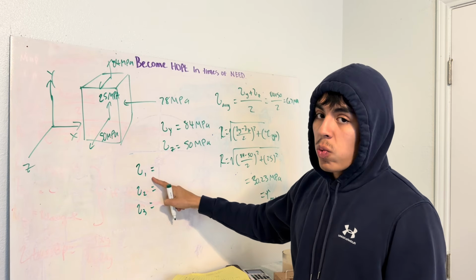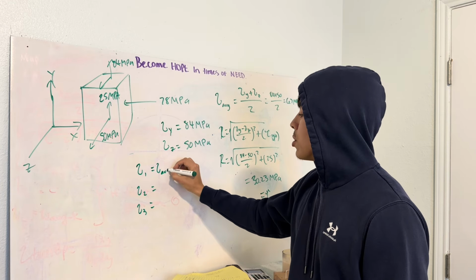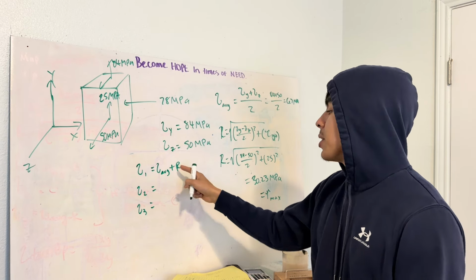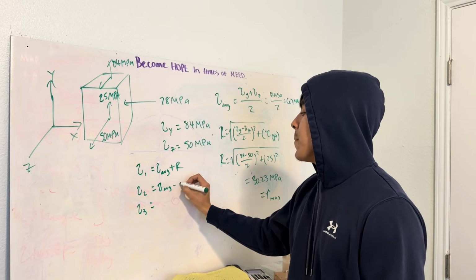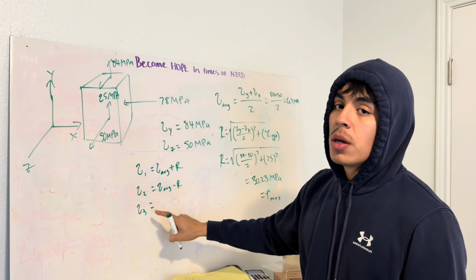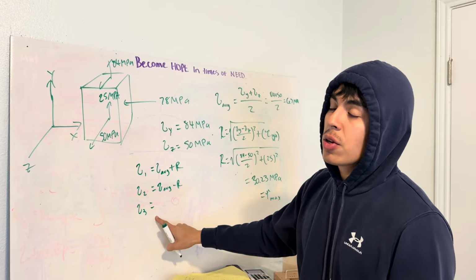Our principal stress 1 is going to be our sigma average plus your radius, which is this right here, right? We have these values. Sigma 2 is going to be your sigma average minus your radius. And then sigma 3 is going to equal the compressional stress that is acting on the cube, which is